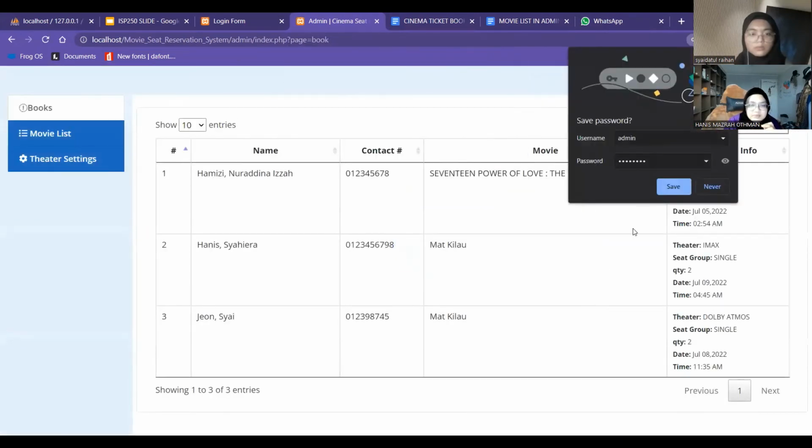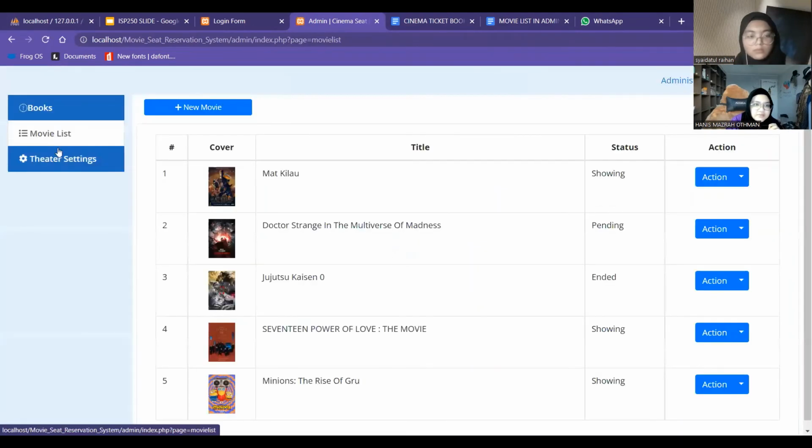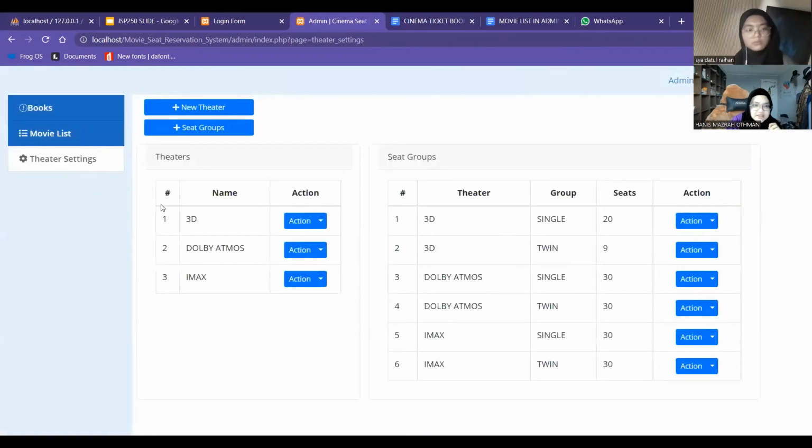The admin page has the navigation bar, which has the book page for bookings, the movie list, the movie page, and then the theater page, the theater setting.